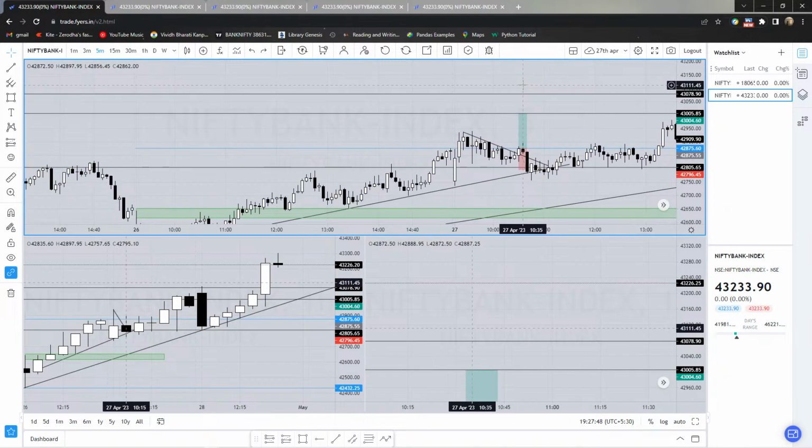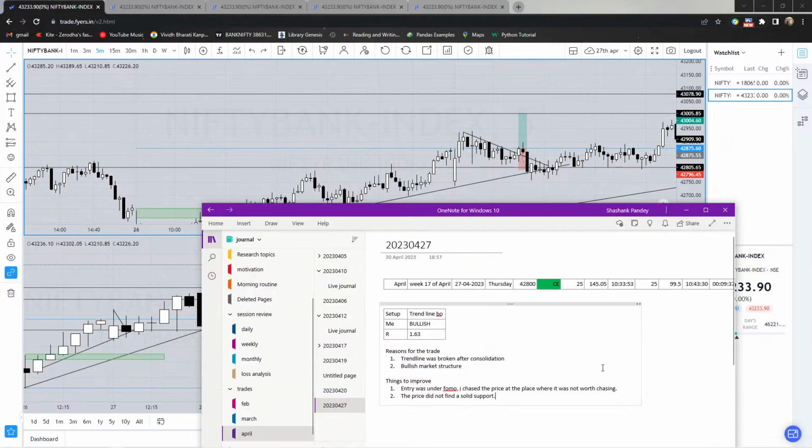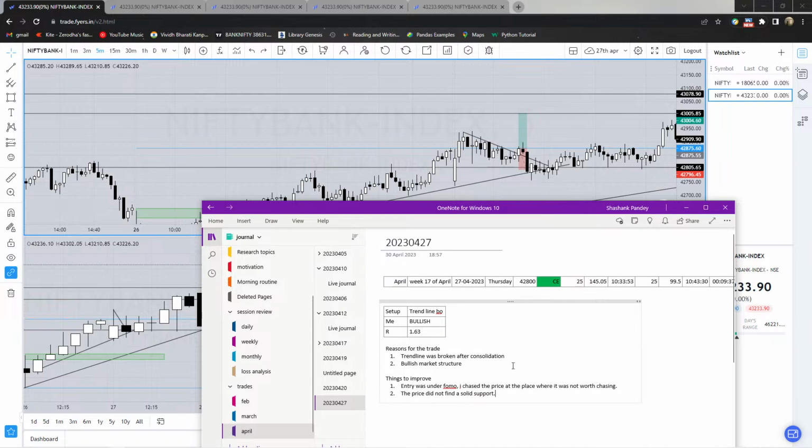This is the trade of 27th. First of all, the price did not find a support. Then after the first trade, which was in big green,